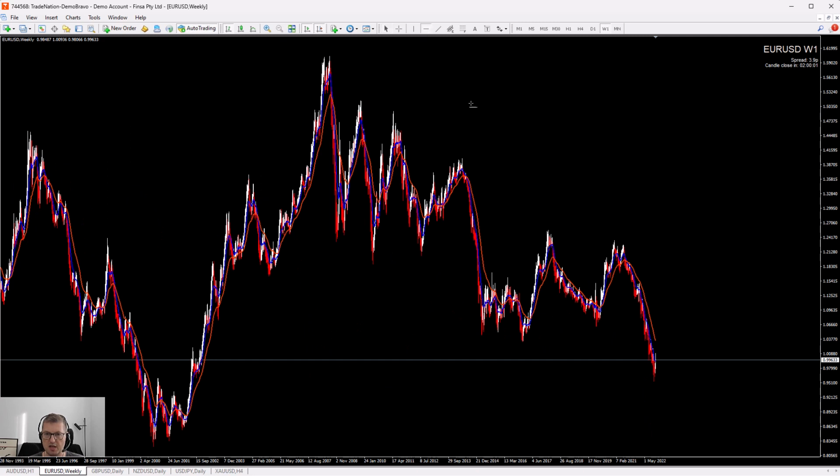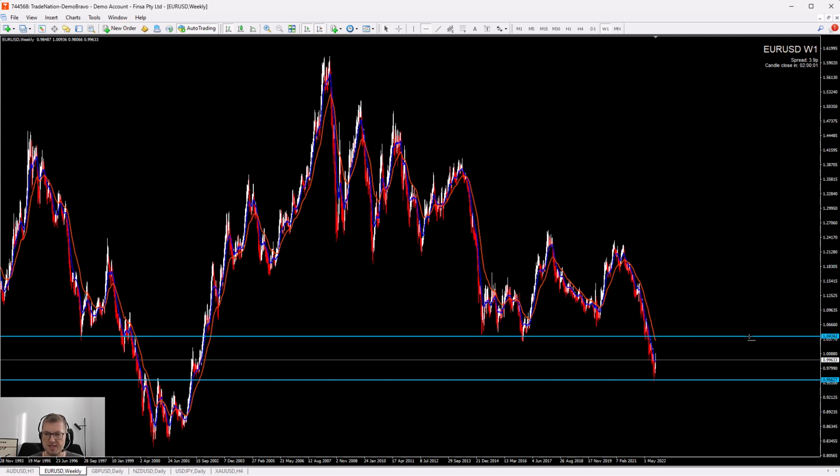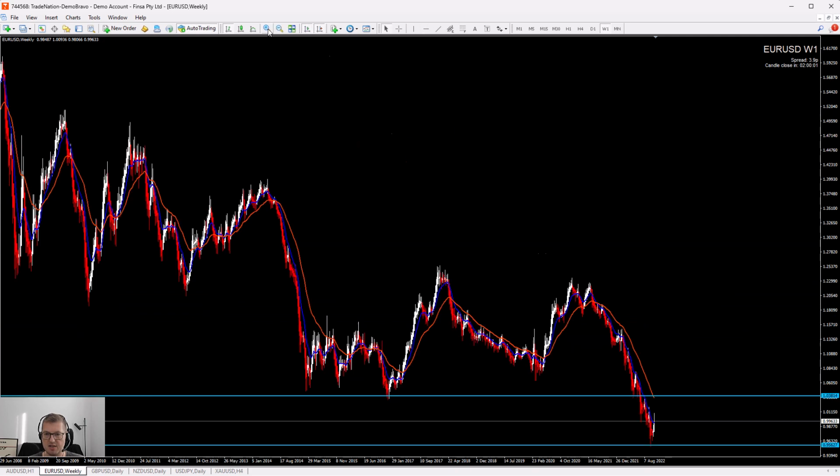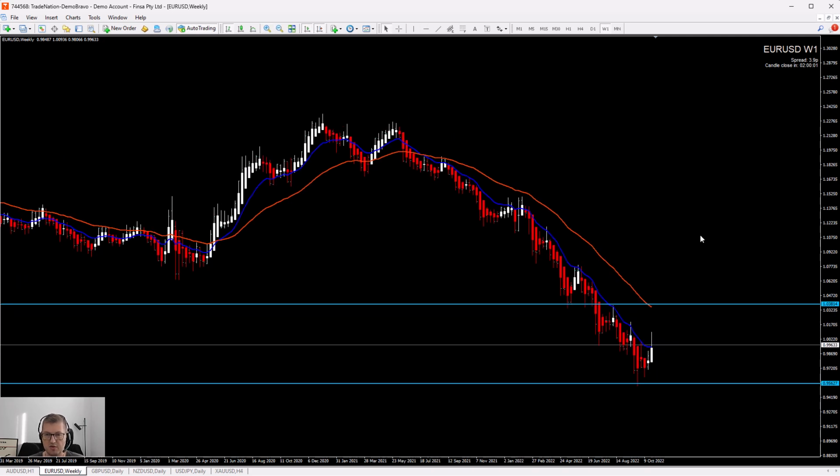If we look at the weekly chart, this is the strong support area. As you can see, this is very strong. So that's why we can expect some retracement. Another very strong resistance zone is up here. So those are very strong levels for me, of course, where price might react or continue to go up. And then of course we will see what price does here, bounce and continuation or breakout and maybe trend change, who knows. But of course in between we also have this trend line. So this trend line is also strong. So now price is